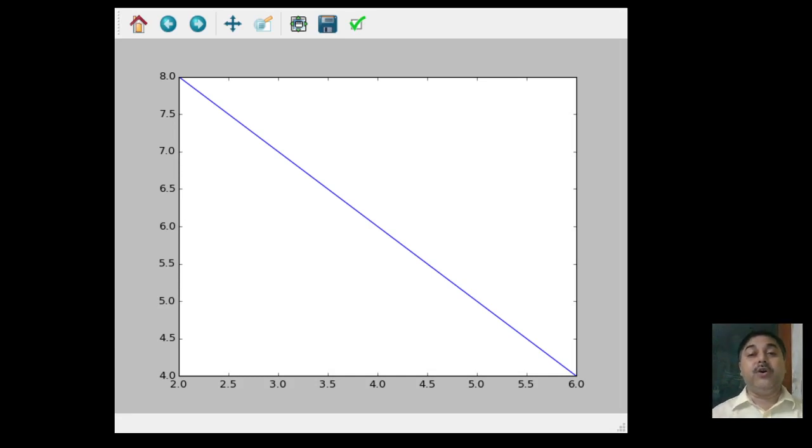The data you have given is this: the x-axis will start from 2 and the y-axis will start from 4. It has increased up to 8 on one axis and up to 6 on the other. So this is how the plotting has been done, and based on that a line graph has been created here.